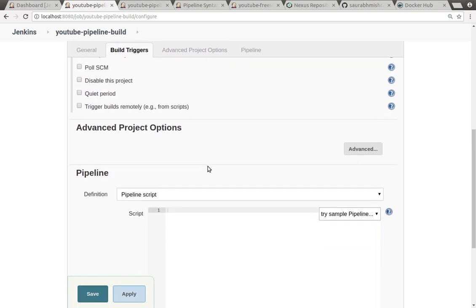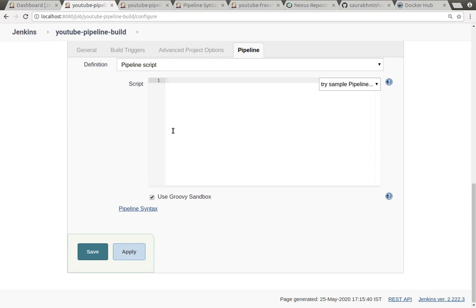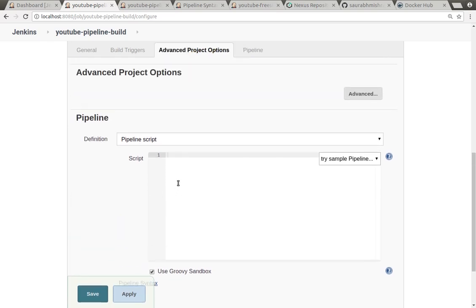The build trigger option is there, and very few options are available here. After that, there is a way to configure all the script here. Here you can configure all your script, what exactly you want for building this application. This looks a bit difficult for writing all this script, and this takes Groovy kind of scripting. But this is the latest trend which any pipeline will use.